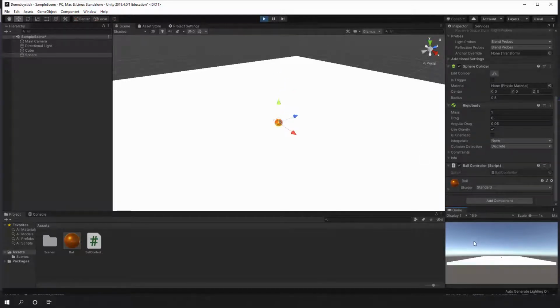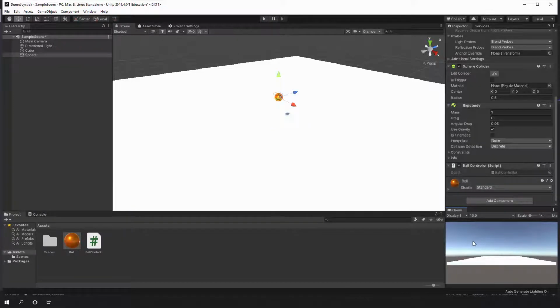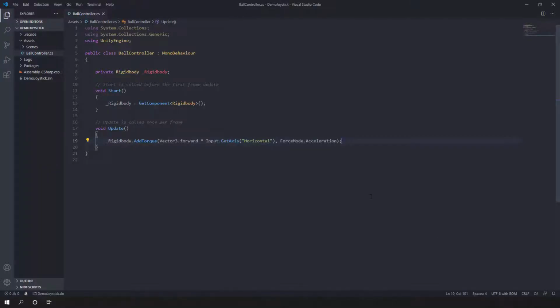Now, since it says horizontal, that means that I can press the keyboard to the left, and you can see it moving, or to the right, and you can see it moving the other way around. Now, you also remember that they had A and D. And if I grab my joystick and move to the right, it moves right there. And if I move to the left, it moves right there. Now, it is moving really slow.